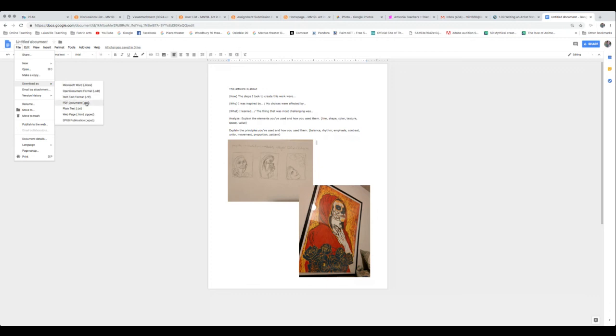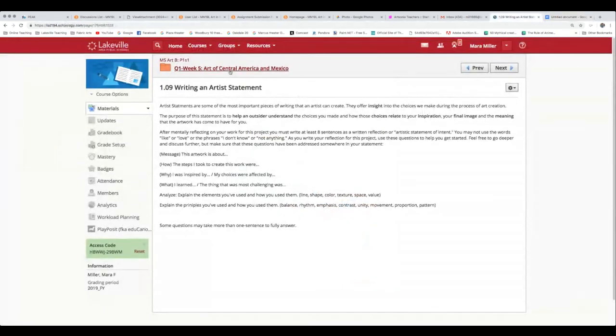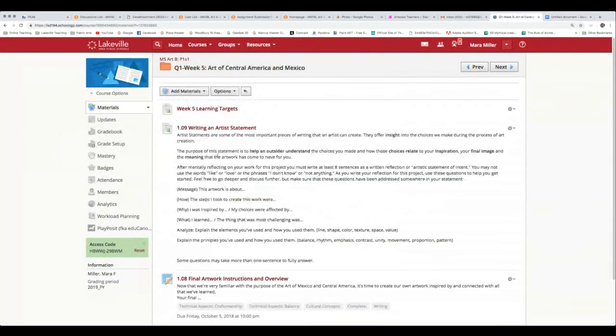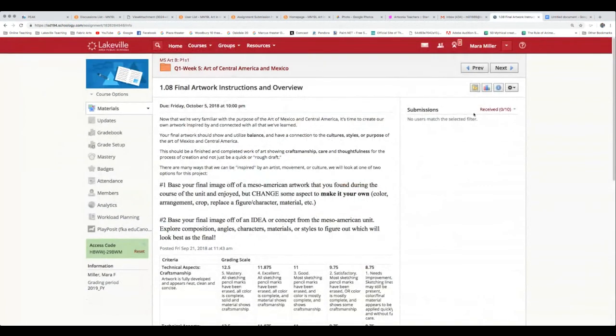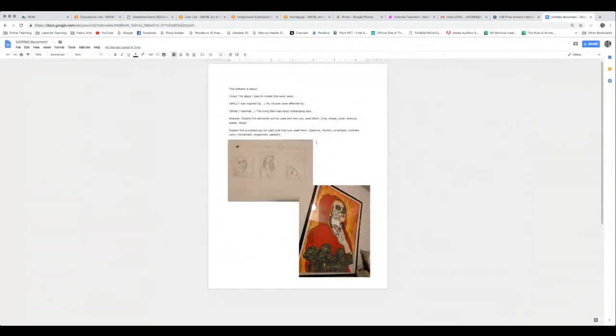Either one is fine. For those of you that are not as comfortable doing writing, there is another option. You can simply upload the 2 images to the assignment location, which is the 1.08. You can choose to submit 2 assignments there, those 2 images, and then you can use the submission tool to make a voice recording of yourself answering these questions.